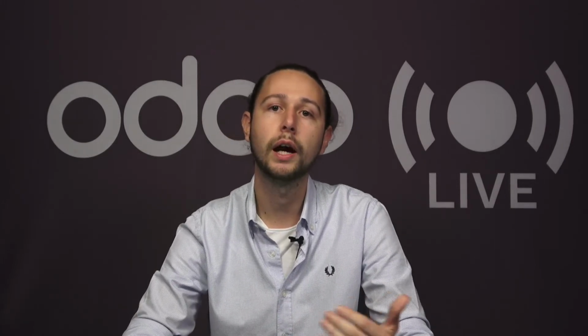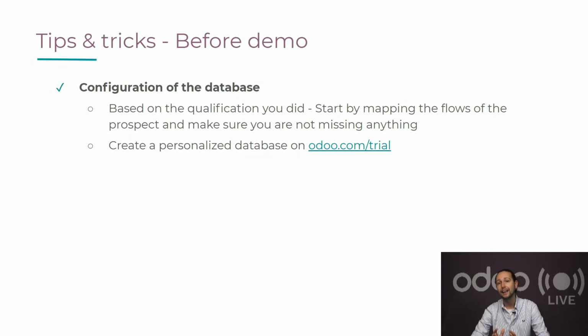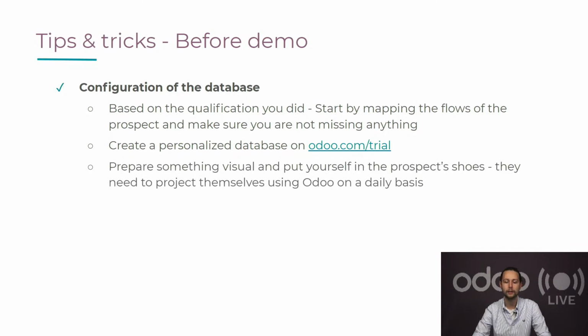In order to do so, you do it based on the qualification and you do it going on the Odoo.com trial. So open a free trial for your prospects and customers, dedicate some time to install the modules to properly configure them, matching the flows you qualified, and add information which is related to the company. Again, I'm not going to show that I'm selling bacon burgers when I'm a service company. Don't make things figurative and theoretical, but focus on the real scope, the real handling of the company you're